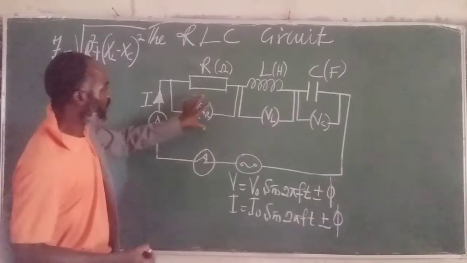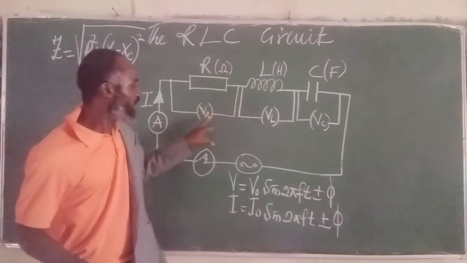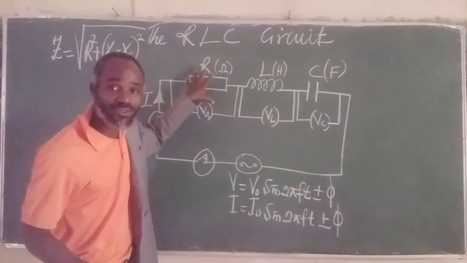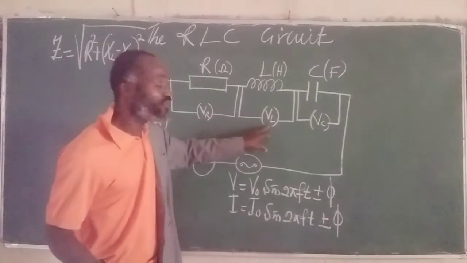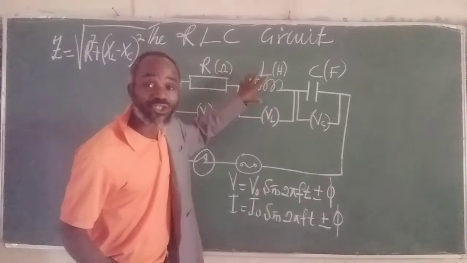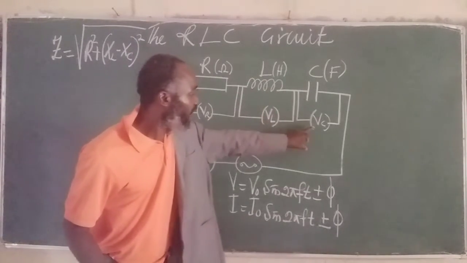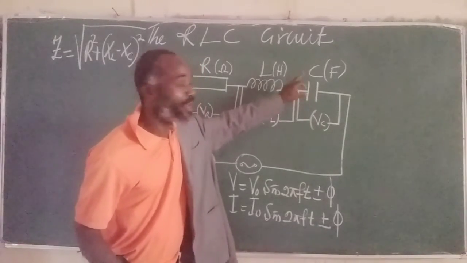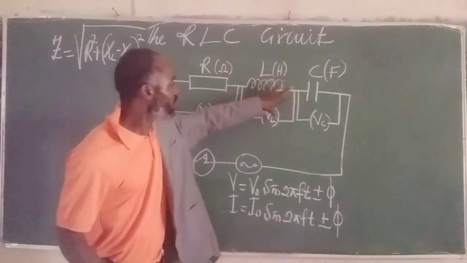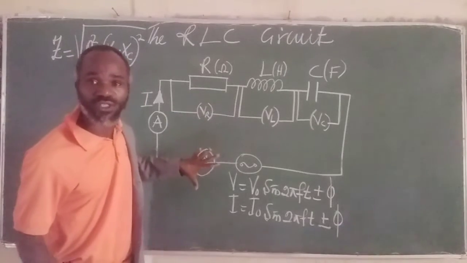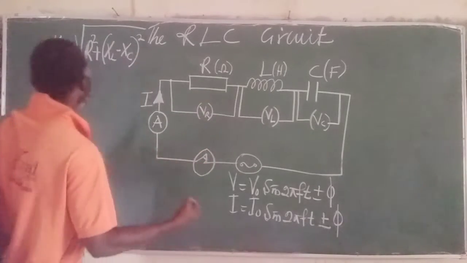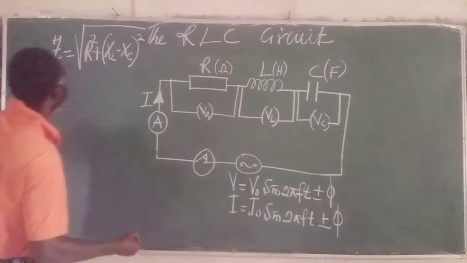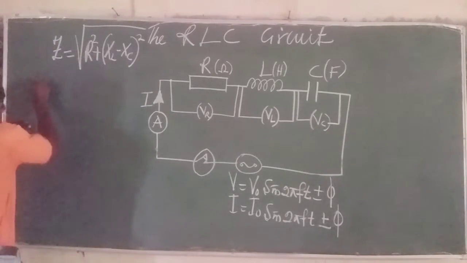If you look closely, you will see that there is VR, the potential drop across the resistor. There is also VL, the potential drop across the inductor. We equally have VC, the potential drop across the capacitor. So if we take all these into consideration, we need to explain further what happens here. The next thing we need to do, we recall